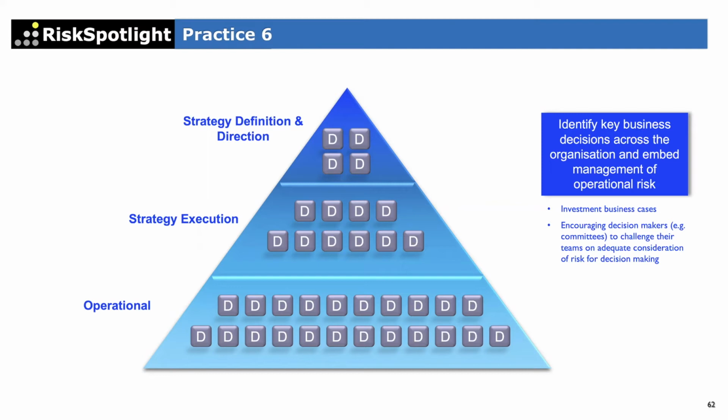Yeah, and any decision which is above a certain amount. So let's say any decision above $1 million, you can say that, okay, that's an important decision. So anybody in the organization who's making a decision of more than $1 million or $5 million has to go through some sort of business case or has to go to some committee in order to present a case. It's unlikely, especially in a financial services organization, that one person will just be able to say, okay, let's go and spend that 5 million. There'll be a lot of due diligence for that level of investment in most organizations. So most organizations already have that decision-making process in place.